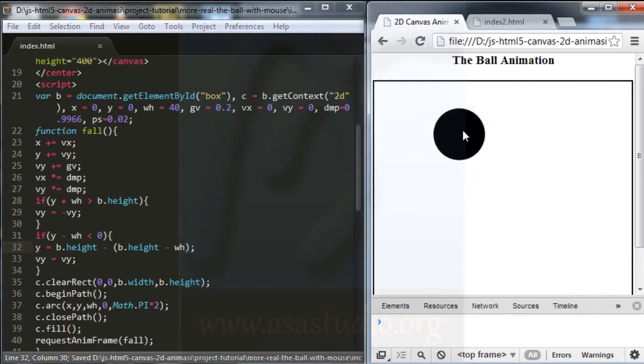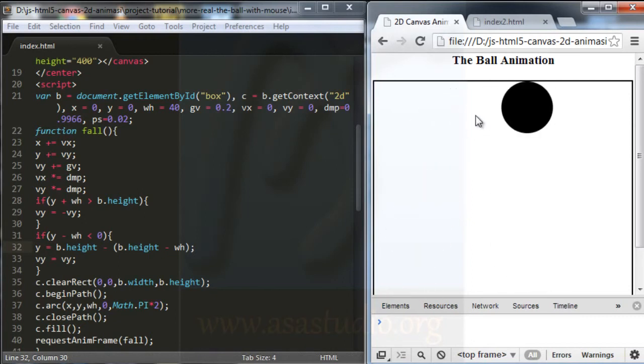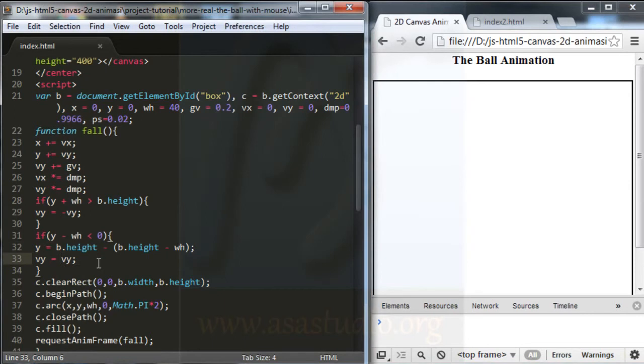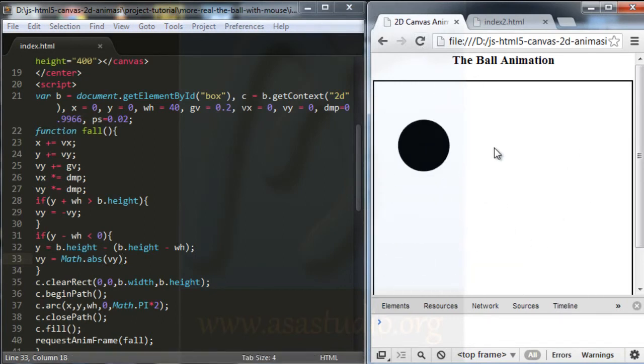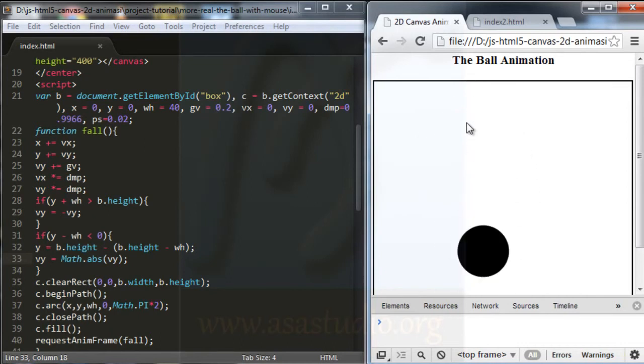And if I save and reload my page, okay, I need this. I think it's right. And now my ball is still in my box. Okay, and maybe I add Math dot abs to make a more realistic animation. Okay, now I have collision in the top canvas. I have a collision like this,